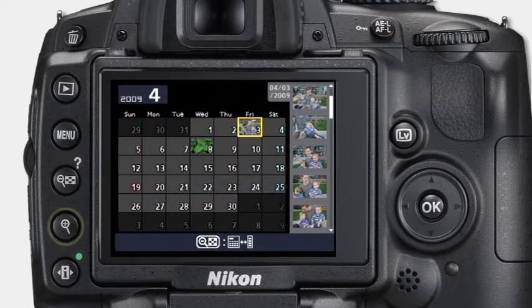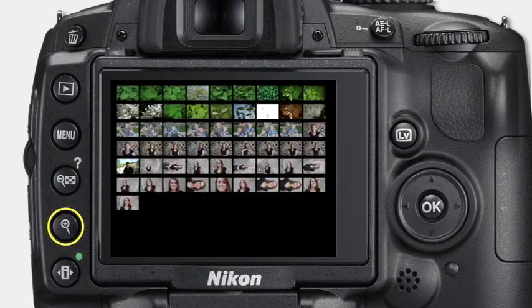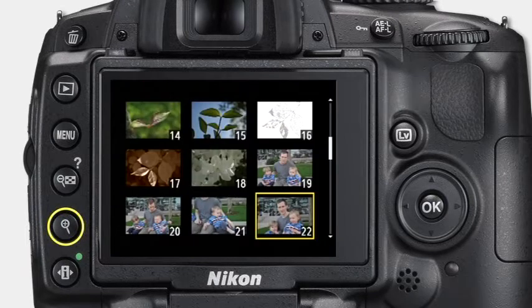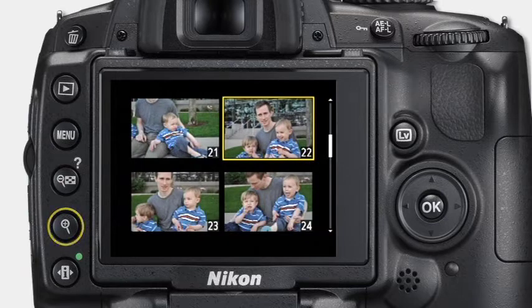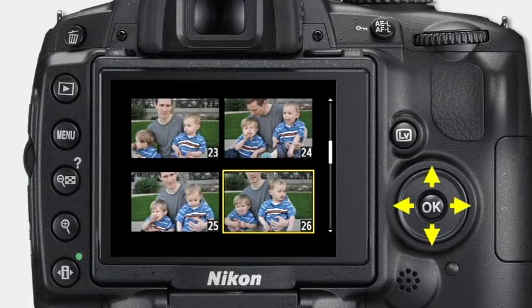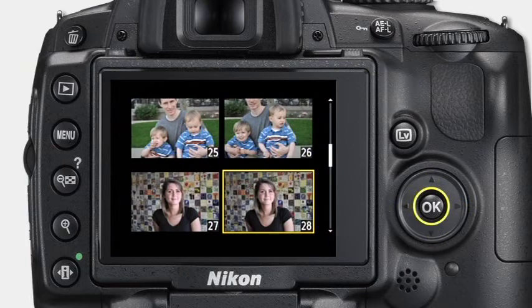Let's use the Playback Zoom In button to go back to the thumbnail page that shows only 4 images. Notice that each photo is individually numbered, and a bar on the right side of the screen tells you approximately where you are in relation to the rest of the photos stored on the card. The 4 arrow buttons on the multi-selector can be used to scroll through the images. When you find a photo that you want to view full screen, just press the OK button to exit the